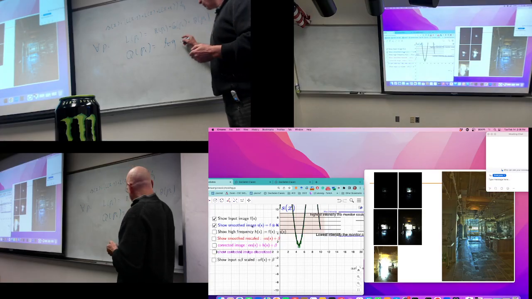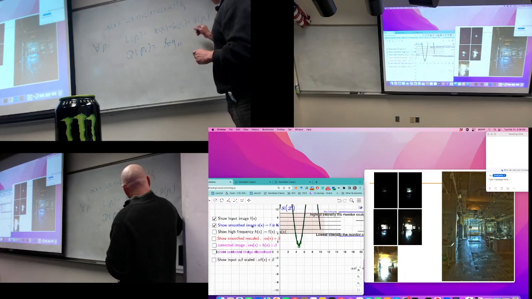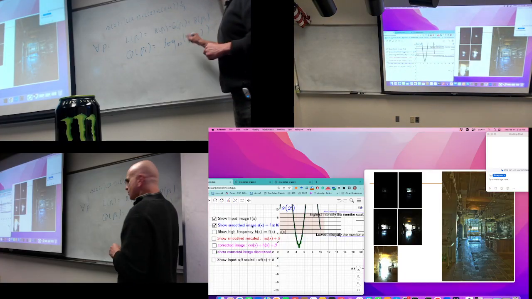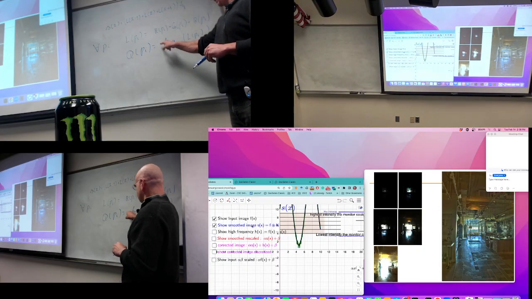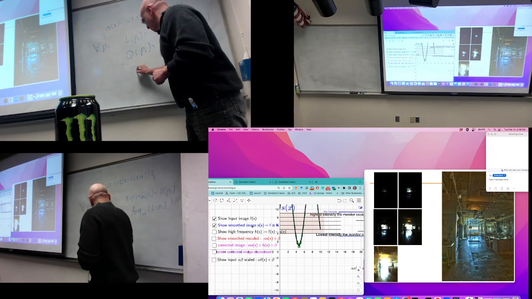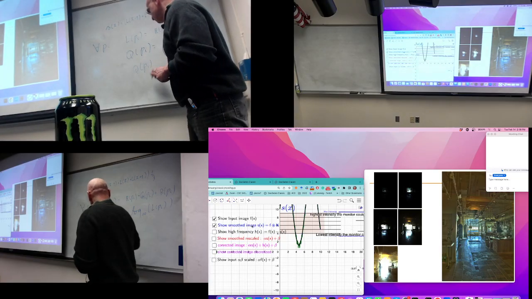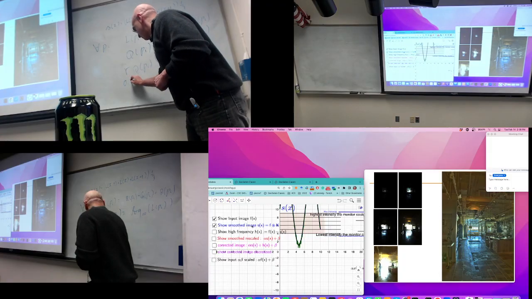I wrote the homework using log to the base 10 of L of pi, and all the operations would be on the log. That is, what does it mean to multiply the log by a constant? If I look at Q of pi and multiply it by a constant gamma, let's say 0.3,